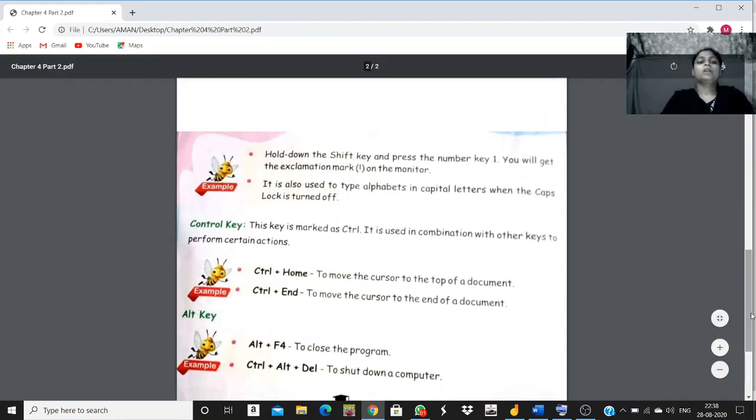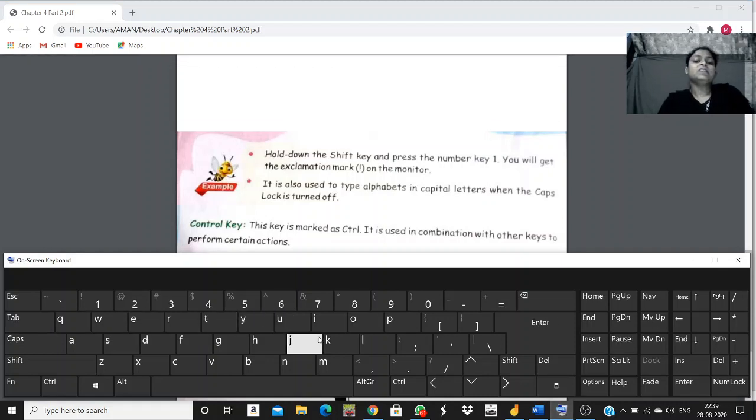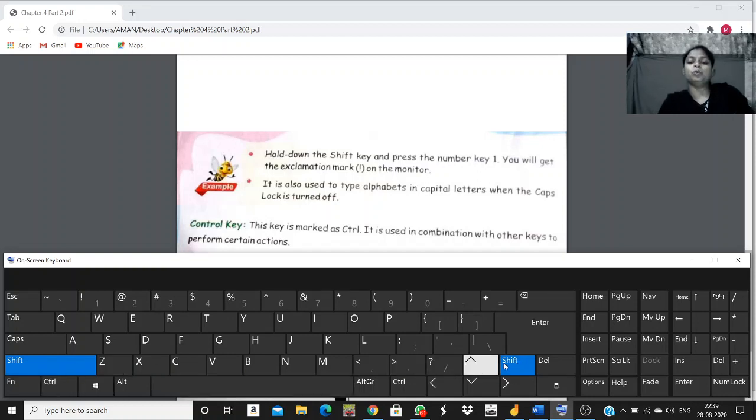So now how to use the shift key I will tell you. Children, when you have to use the shift key, it's very important to press it, to keep it pressed, to hold it down. You will press the shift key and then you can see this. I will show you the keyboard. See this keyboard. Here is the shift key. Can you see? There are two shift keys on the keyboard. I have switched it on and that's why it is visible in blue. This is a by default keyboard available on my laptop as I have told you last time also.